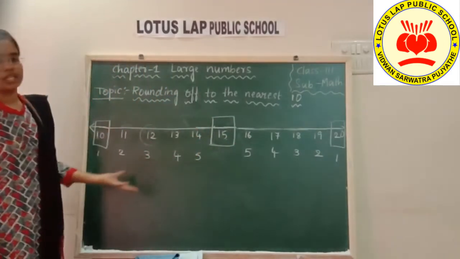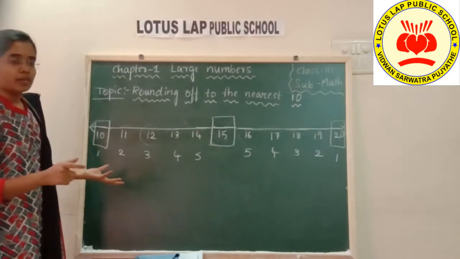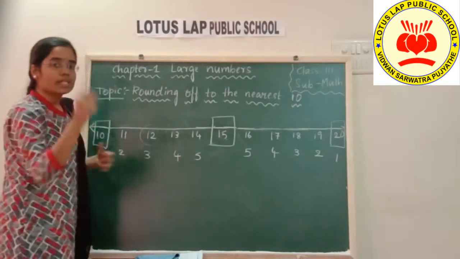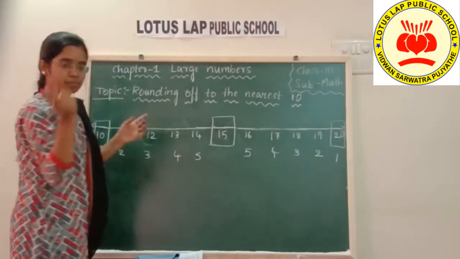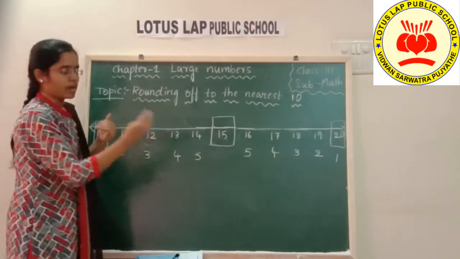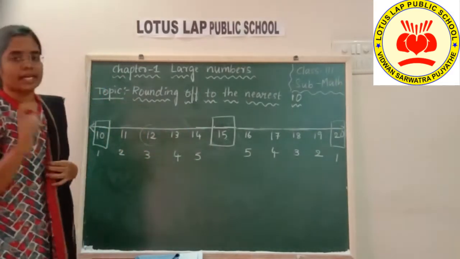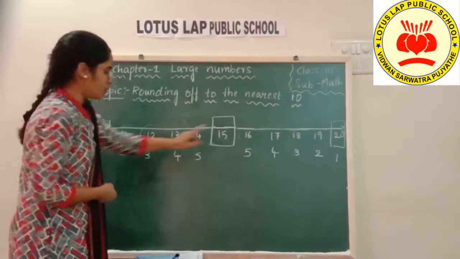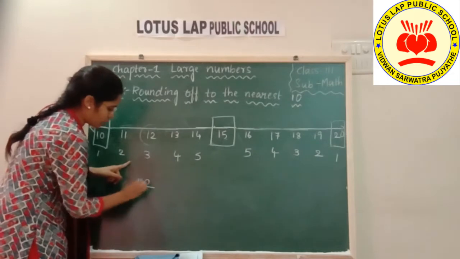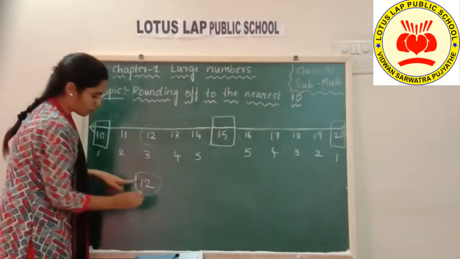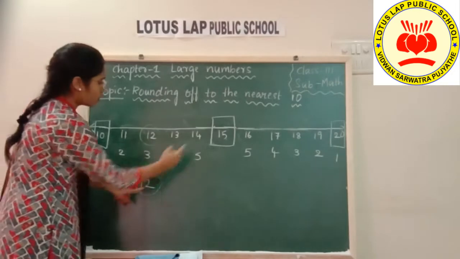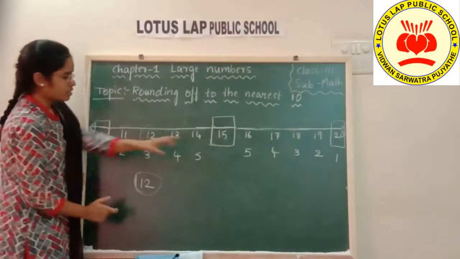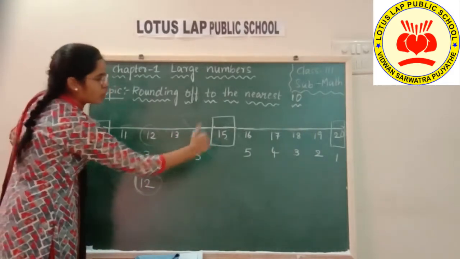Not only 15, whatever number you are given, first you need to see the number line and divide the numbers equally. Whatever number is exactly in the middle after dividing, you should take it as the reference value, children. So here our reference value is 15, and the number to be rounded off is 12. By seeing 15, you need to check where 12 is. Once you check, is it before 15 or after 15?